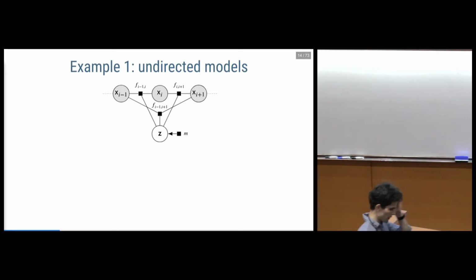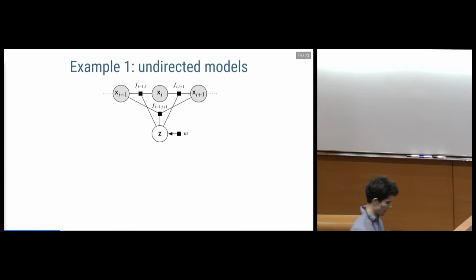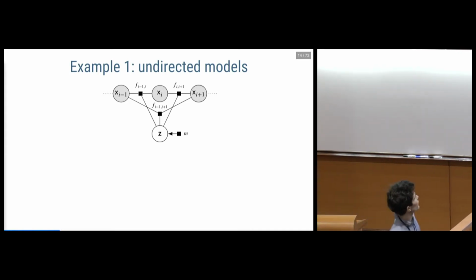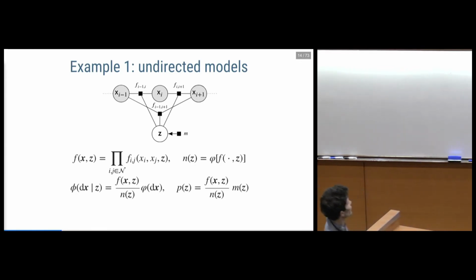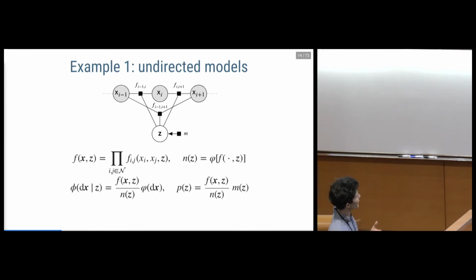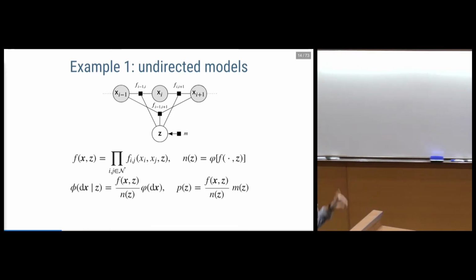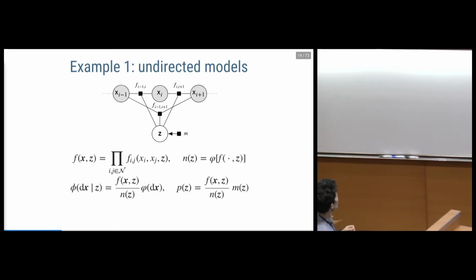So the first specific case of a kind of model where intractable densities come up that I'm going to discuss is this idea of an undirected model. This could sometimes be termed a Markov random field or a Boltzmann machine. The key idea is that our probability distribution is defined by some product of unnormalized factors across a set of nodes. And typically, while we'll be able to evaluate the density of the x variables up to a normalizing constant, the normalizing constant will depend on the parameters of that model, which we're denoting z.